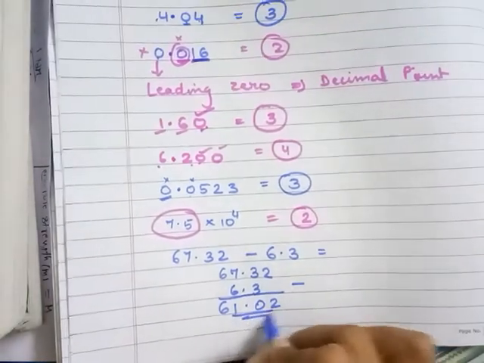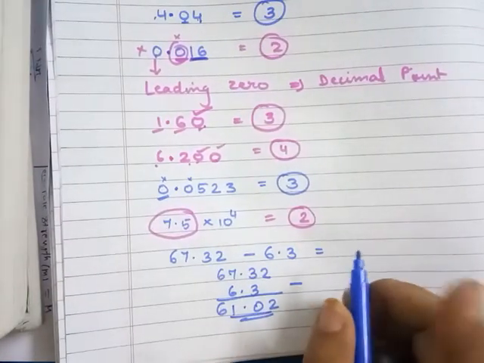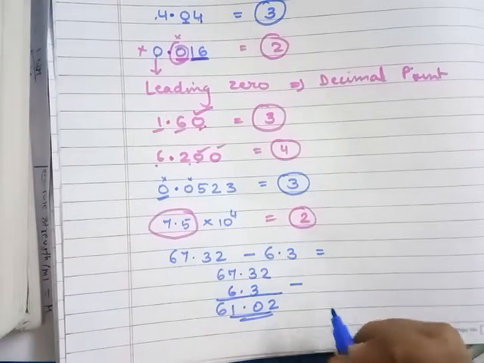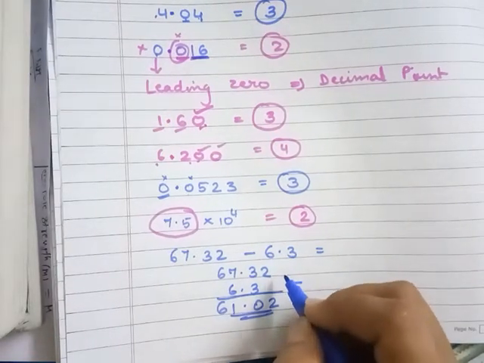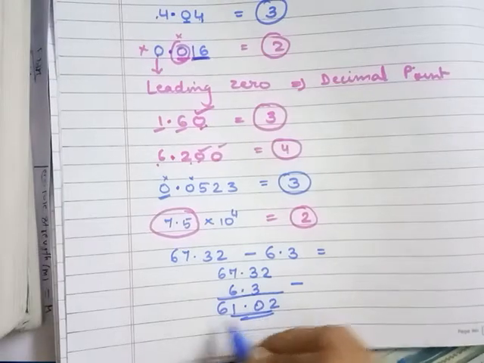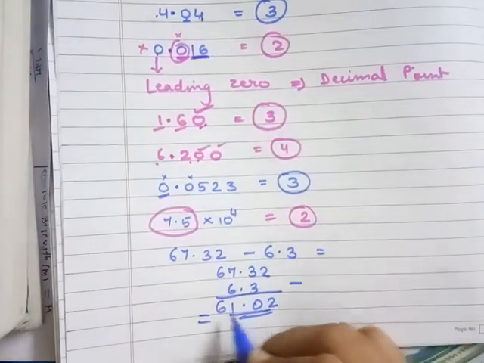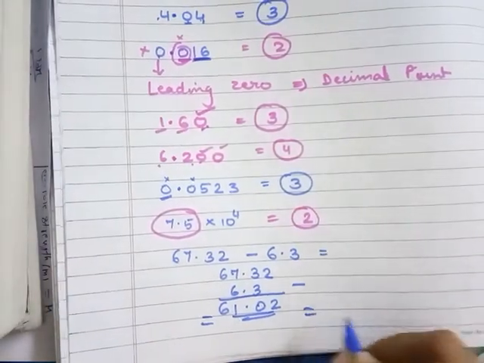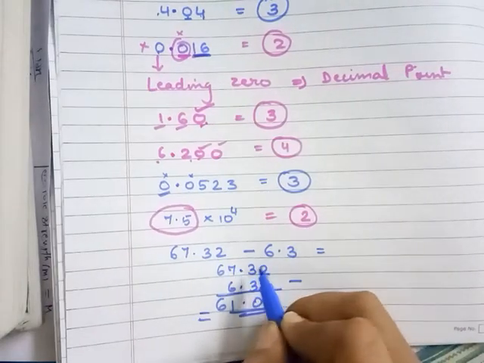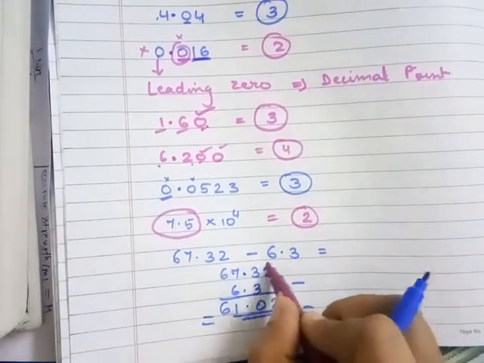This is the result that we actually get. But still the question is, how many significant figures do we have? Now when we do addition or subtraction, we need to know how the result is written. So 61.02 is not the correct result. Here you have after the decimal point, how many digits?